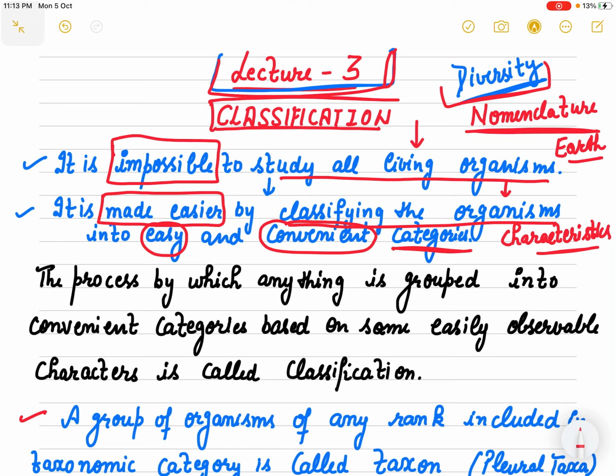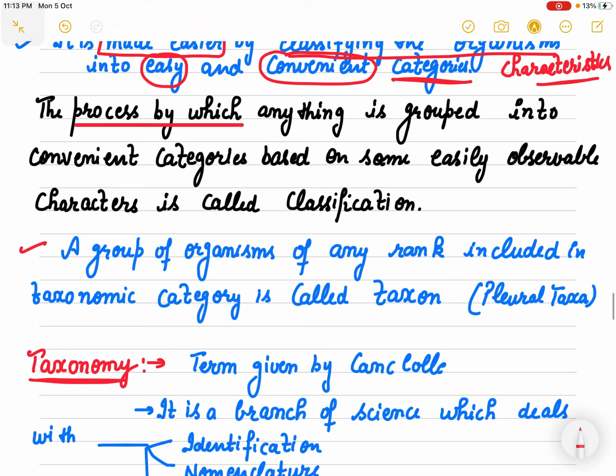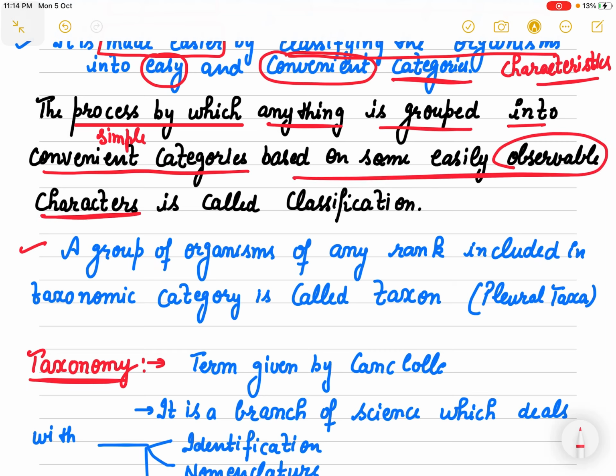That is why we need classification, because of the diversity, because of the lots of organisms, to make the study easier and convenient for us. So the process by which any organism is grouped into very simple, convenient categories, based on some of their observable characters, that process is called classification. So basically, grouping on the basis of a few similar or observable characters, we are classifying the organisms into different